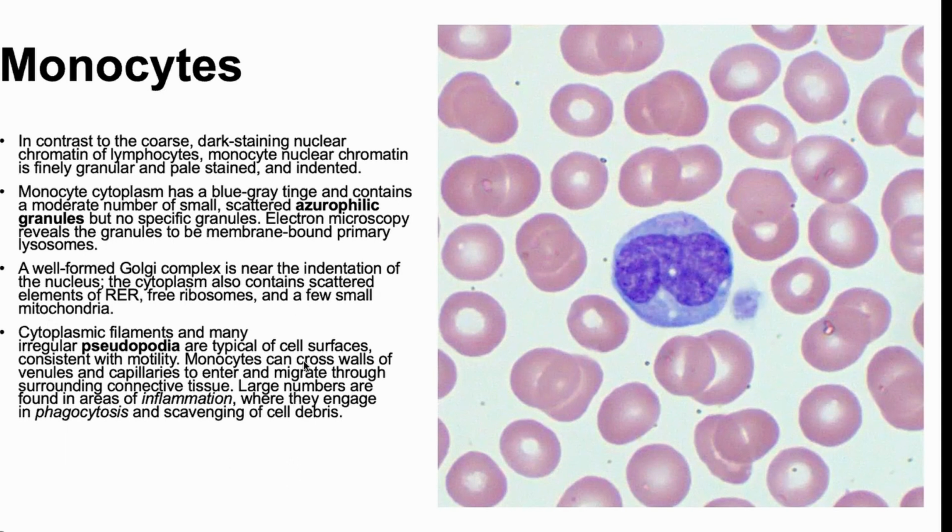Remember that it's going to spend most of its life in the tissues, trying to walk from one connective tissue to the next, to help you to live for a very long time by fighting against random things that escape into your connective tissue. So they cross walls, venules, capillaries, and migrate through the surrounding connective tissue. And you have a large number when you have inflammation, when you have sepsis. For example, if a bacteria escapes in your blood, you expect a lot of monocytes to be